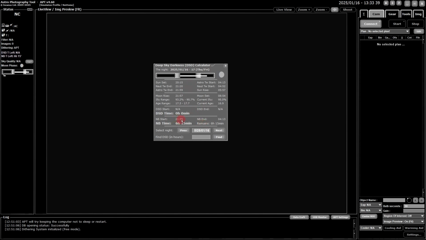You don't have to just have a date. You can set up for a number of hours of deep sky darkness. So say I'm only getting maximums of about 16 hours. I want to go to a night in the future where I have 7 hours of deep sky darkness. So in this box at the bottom here, I hit 7 and just hit find. And it searches for a date to match that parameter. So on the 26th of February, over the night of 26th and 27th, I will have 7 hours of deep sky darkness at least, and I get all the details for that particular night. So that's a handy search for you for looking ahead if you want to plan long nights or whatever.